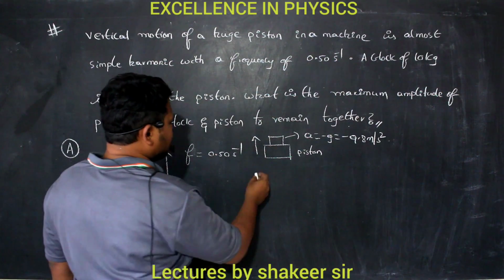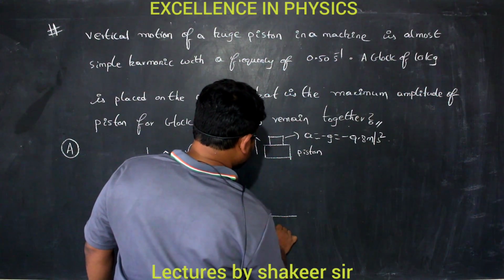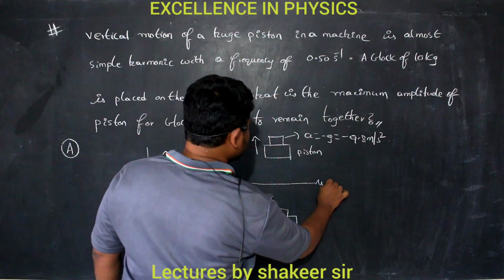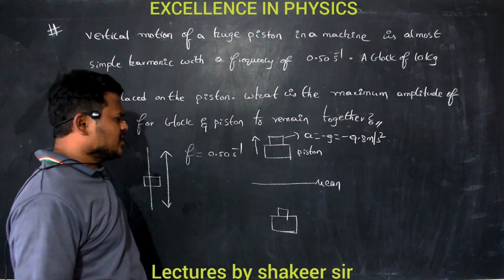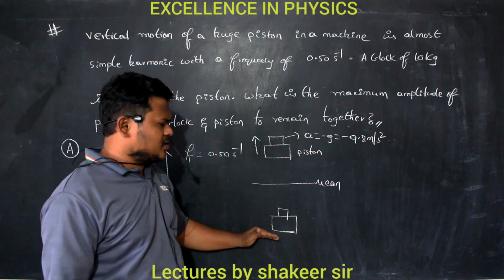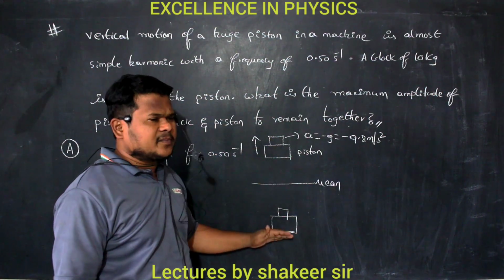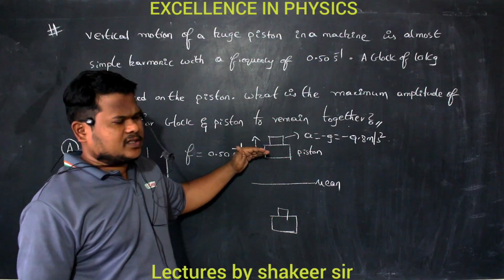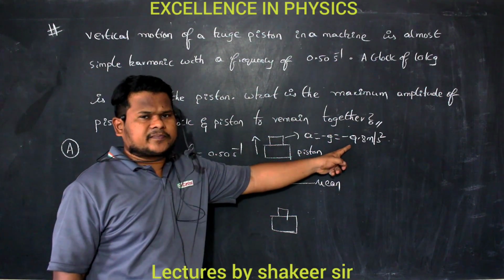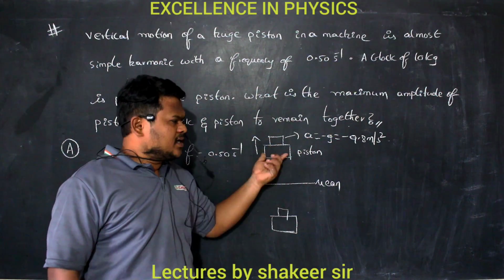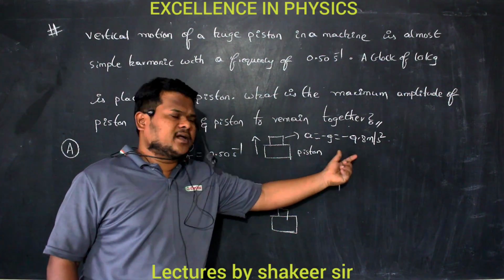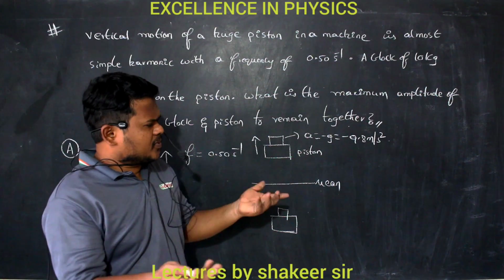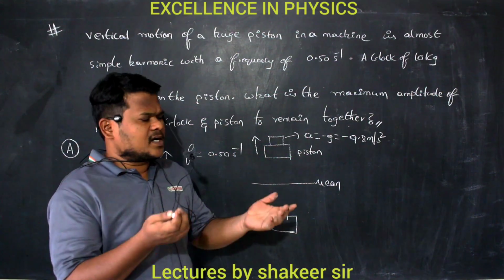For example, if I take this piston, consider this is the bottommost position and let this be our mean position. Are you able to understand? So at the extreme positions, this position and this position, the acceleration of the piston will be maximum. So when the body has reached one extreme position and its acceleration is 9.8, from here it starts coming down with an acceleration of 9.8. This mass also starts coming down with an acceleration of 9.8. Then no problem, both of them will come down together as a single body.